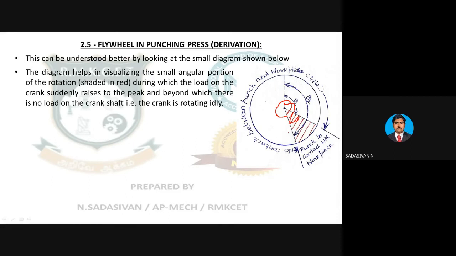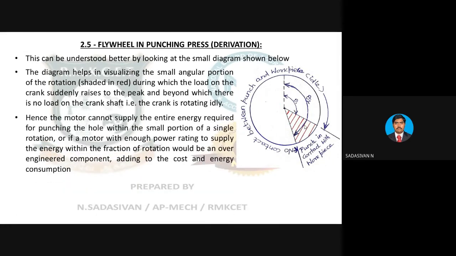Whenever you are spinning the motor without load, the motor is made to spin a heavy flywheel. So now actual work is getting done in just 0.5 seconds. During that, the motor is not enough to do the work, because I am putting a very small motor. At that time, this much amount of energy stored in the flywheel will come to my help and help me in creating the hole, which makes my motor rating very small and saves a lot of energy consumption. Clear? This is how you use a flywheel in a punch press. The formula and all the problem is very easy. Only thing is you have to understand the use of the flywheel in a punch press.